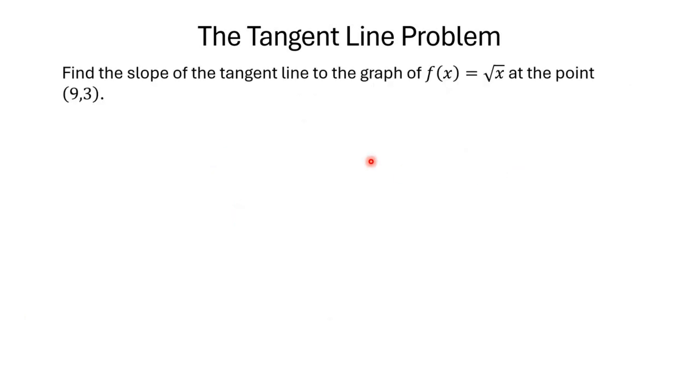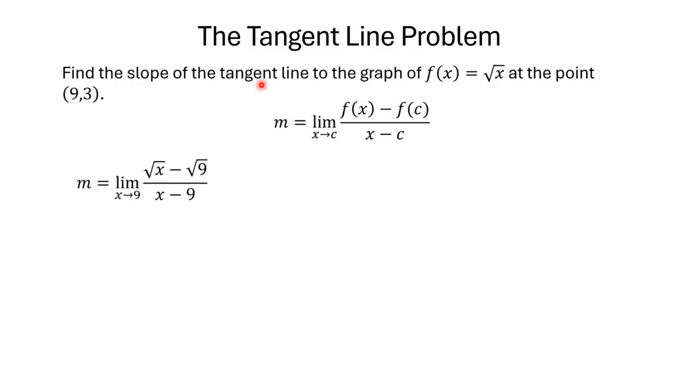So here we go. Let's look at an example. It says, find the slope of the tangent line to the graph of f of x equals the square root of x at the point 9, 3. Once again, we're just using this definition of the slope of a tangent line. And plugging in the function f of x equals the square root of x, we get that this is the